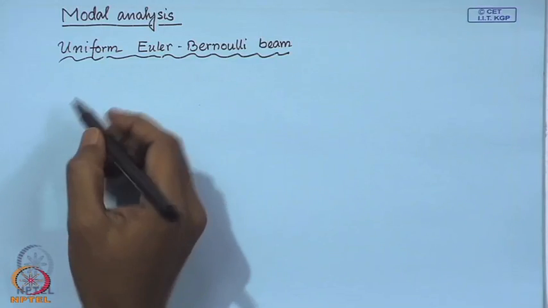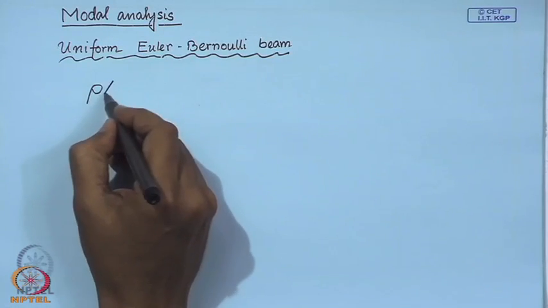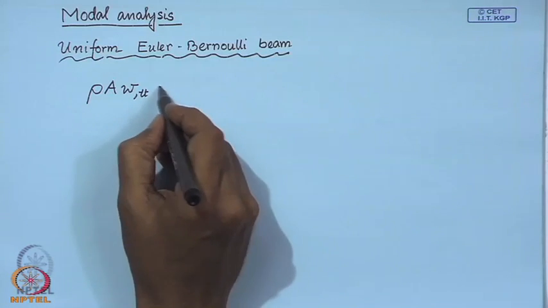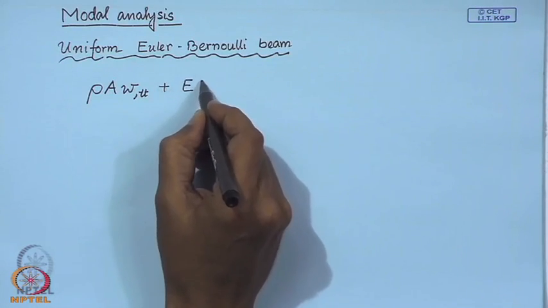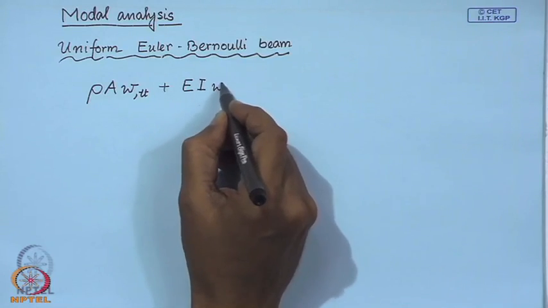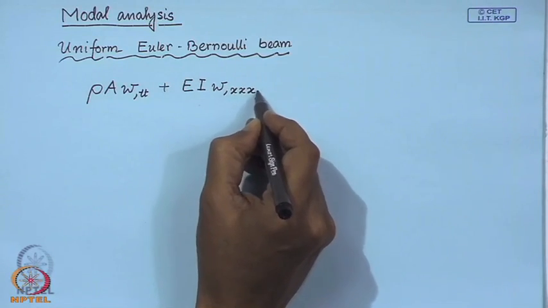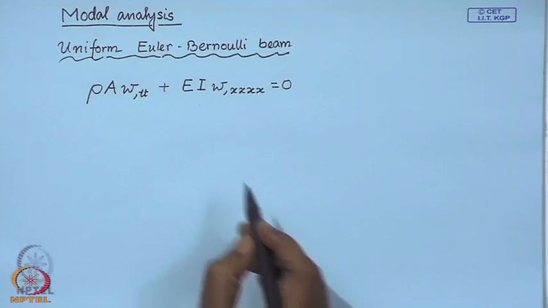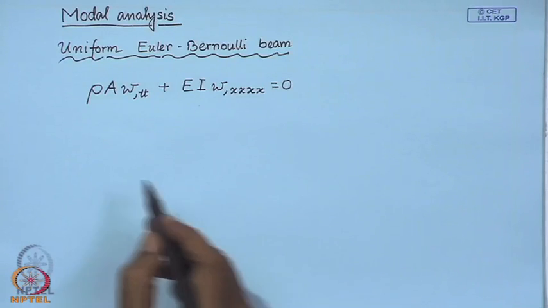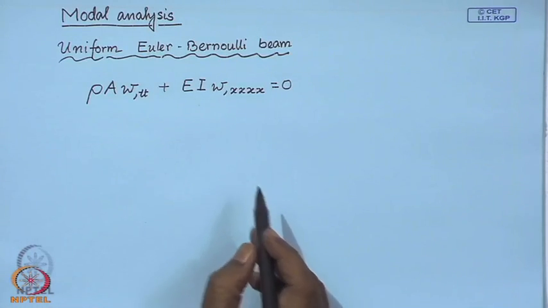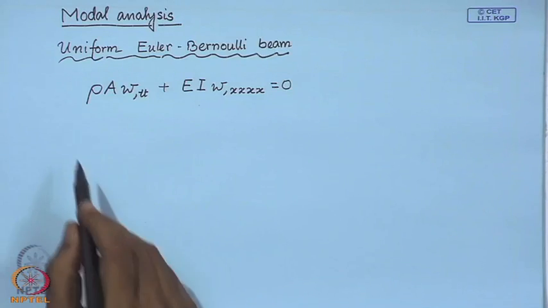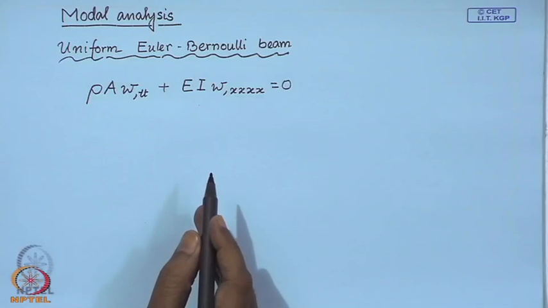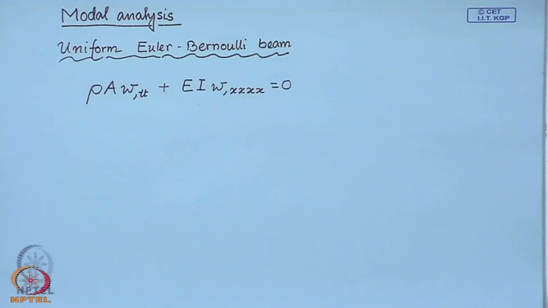So, as you know, the uniform Euler-Bernoulli beam is governed by a differential equation like this, and along with this we will have boundary conditions. Now, as we have discussed in our previous class, there will be in all 4 boundary conditions. So, suppose we consider